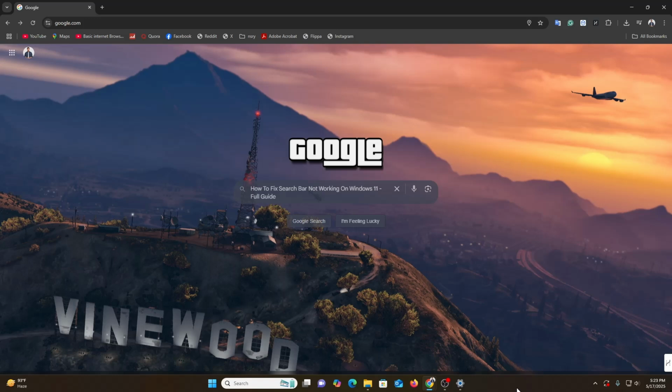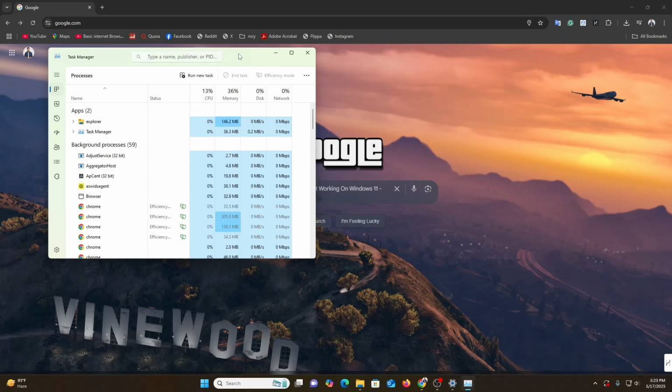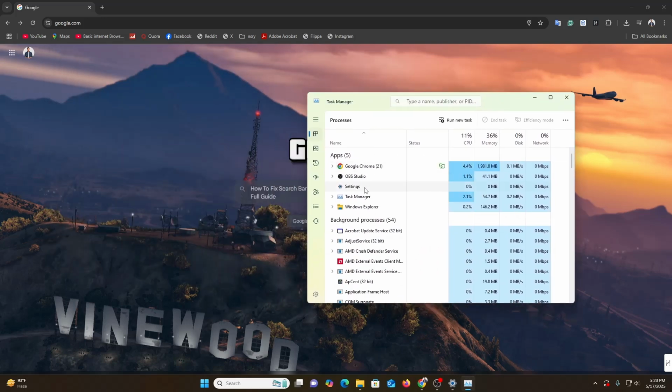You just need to click anywhere in this bottom bar, just click over here and click on Task Manager. Once you click over here, you will get many options. You can see which applications are running in the background. So if you get these options, just click over here, and once you click, you need to